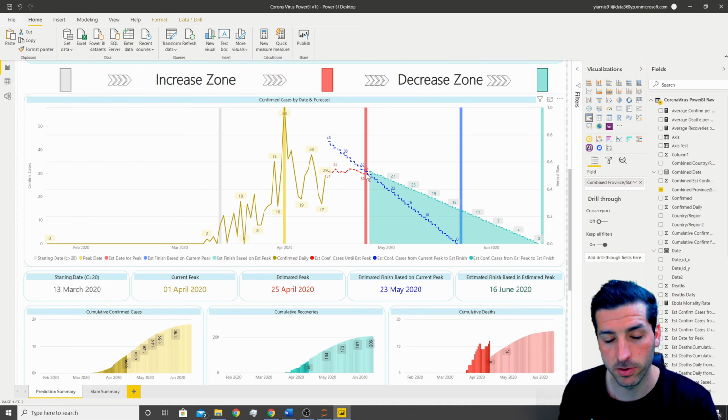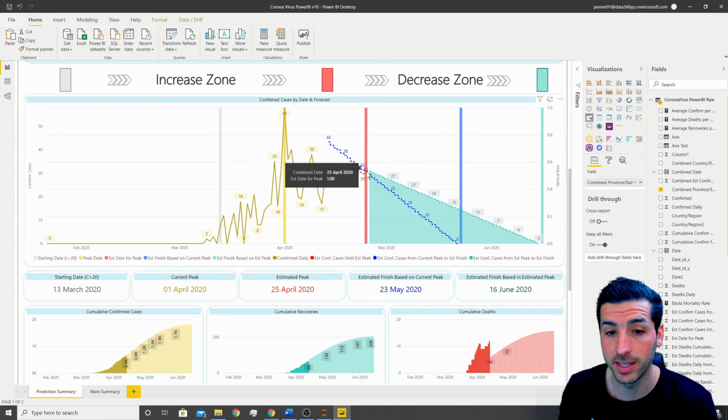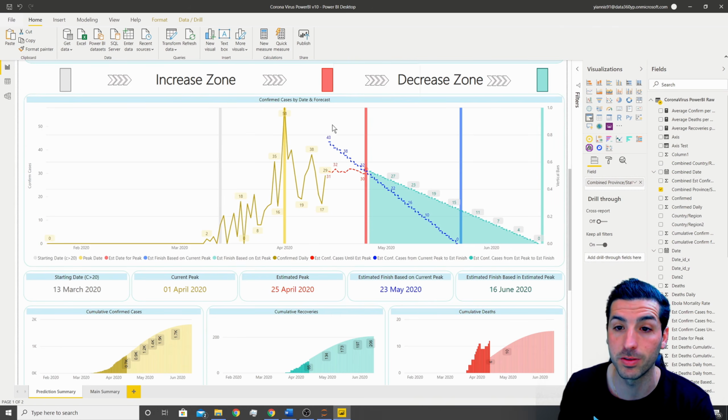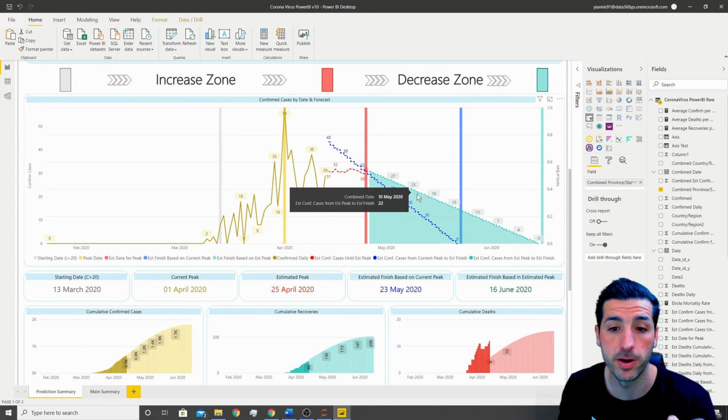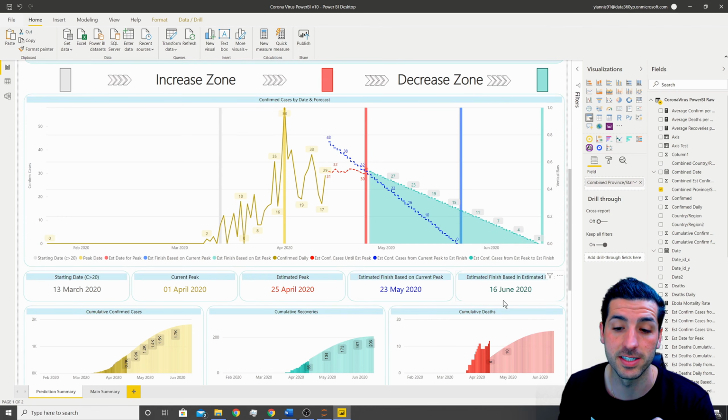The red dotted line is if we assume that Cyprus has not peaked yet and is still in the increase zone, then it's going to see on average these many new cases per day until the estimated peak. And after we hit the estimated peak, we're going to come out of the increase zone and go into the decrease zone, where we have the estimated confirmed cases from estimated peak to estimated finish. It's actually the estimation of confirmed cases until Cyprus confirmed cases go down to 0 by the 16th of